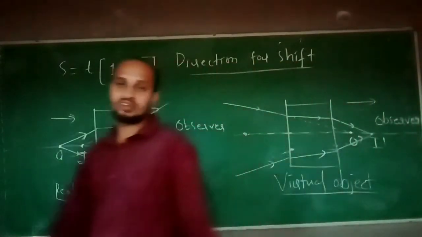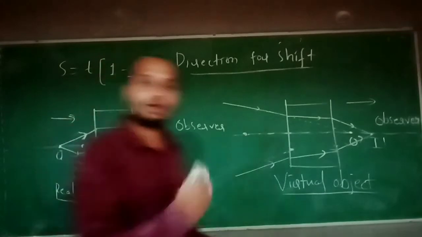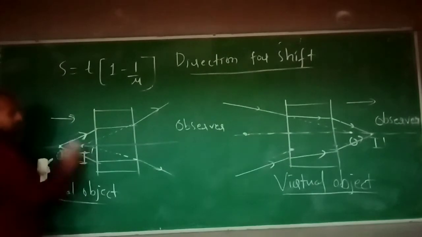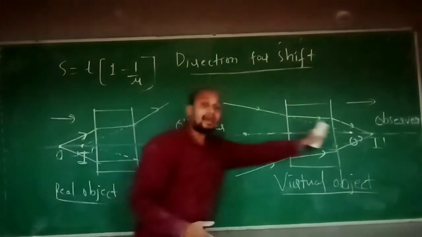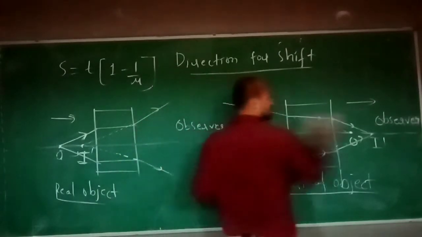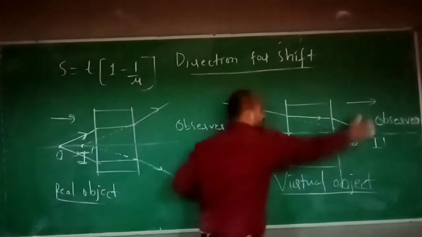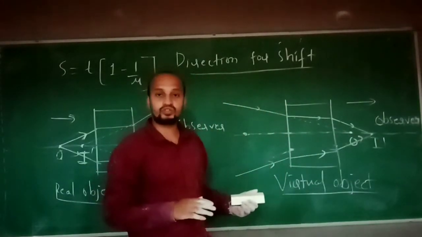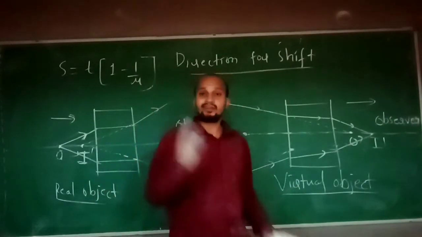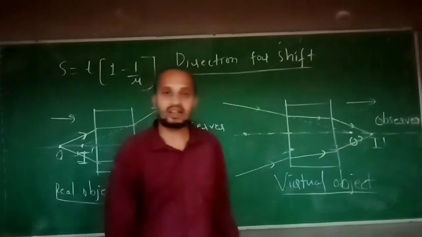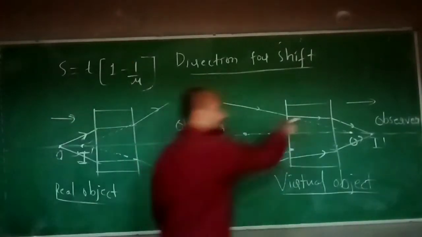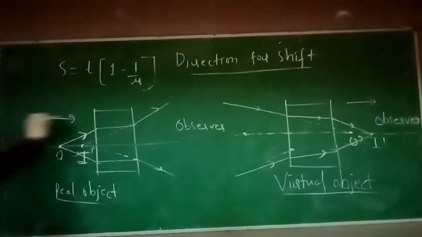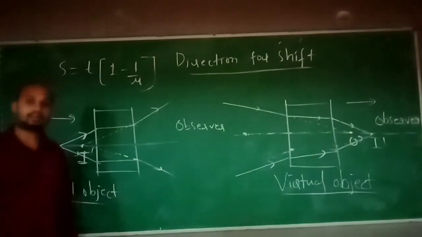Remember this point so that you will immediately understand whether shifting will happen towards the right side or left side. If you are here and the ray is in this direction, shifting will happen this way. If I make a mirror image of this, you must be able to see. Suppose I take the observer here and the object on this side, you will get confused about where shifting will happen. To avoid that confusion, I am giving you one statement: the direction of the shifting which happens in the slab will be in the direction of the traveling wave. Are you understanding? From O to I dash here also, from O to I dash. This is what I wanted to say about the direction of shift.